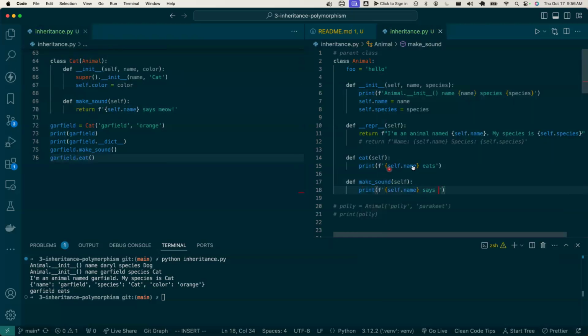Great question. This is actually getting a bit into polymorphism, which we'll talk more about in part 2 of the lecture, but we can do a bit of a preview here. So